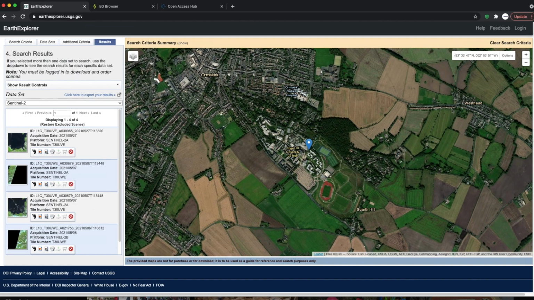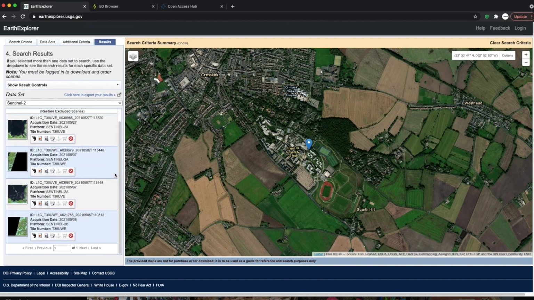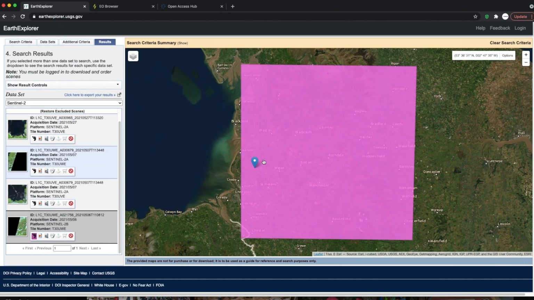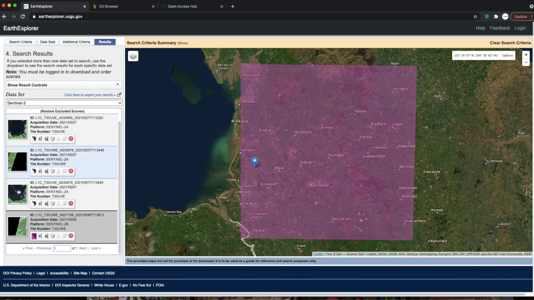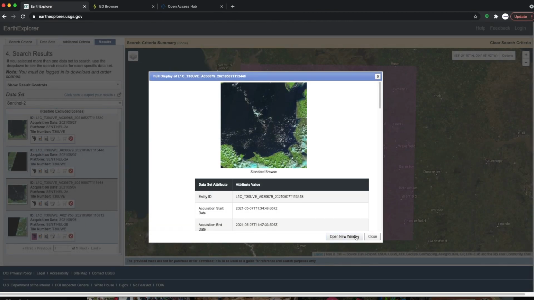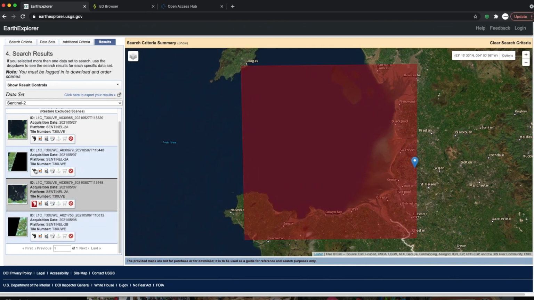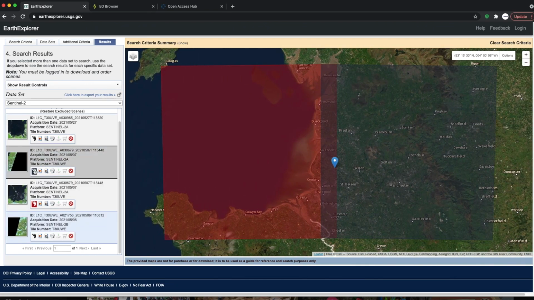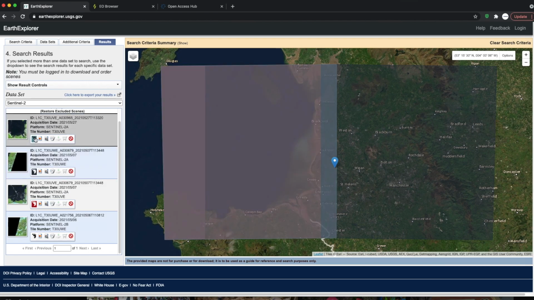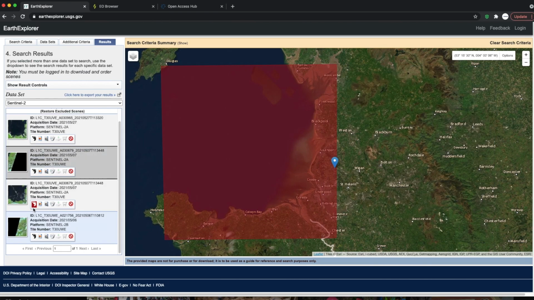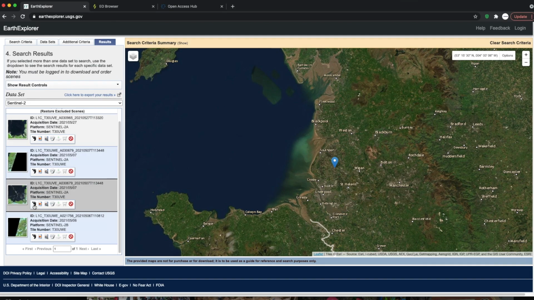So this is the result of my search query. So you can see there are a number of images that are retained from different tiles, and you can actually assess the footprint of one image tile to see whether it covers your area and so on. But also you have the chance to visualize and see the cloud pollution, the extent of cloud pollution within the image. And so you can scroll through them, find the ones that match your area of interest, and